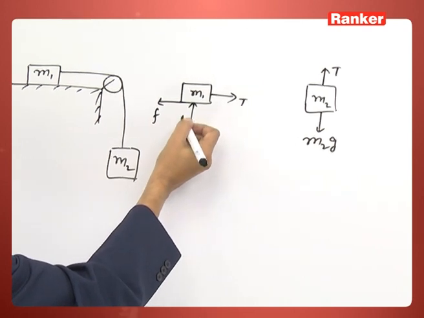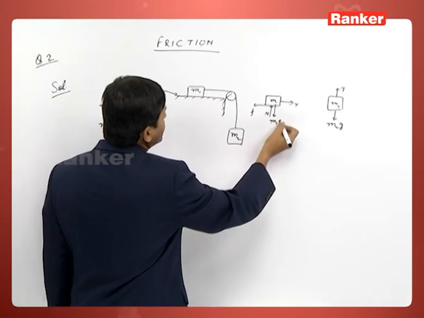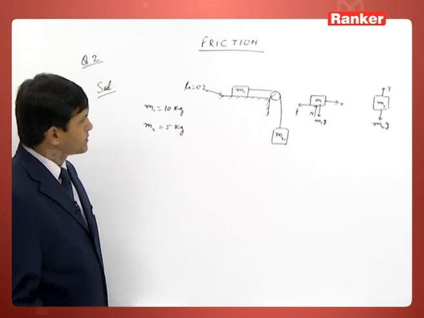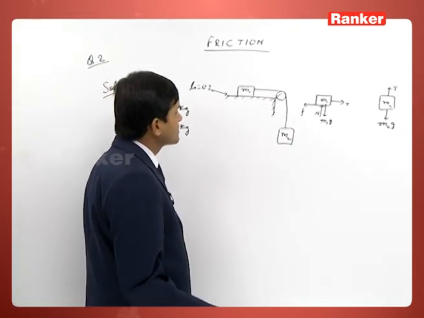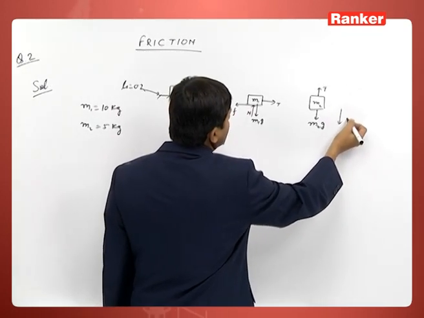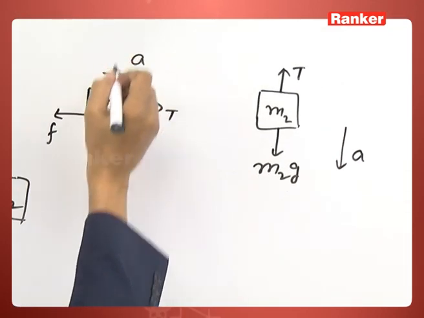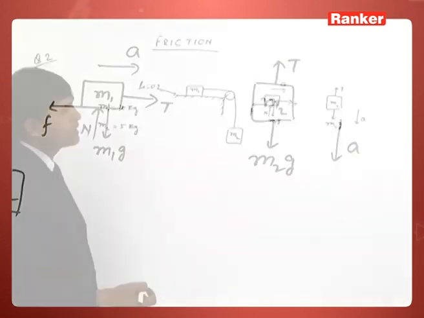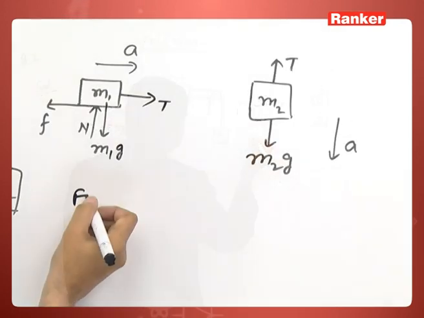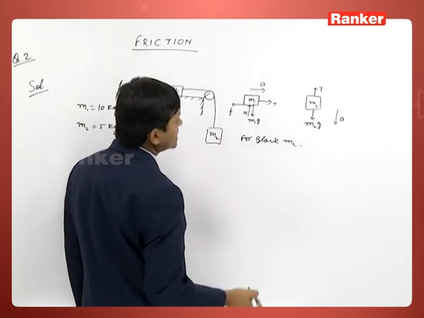Another force here is the reaction by the ground, and the fourth force is your m1g, its weight. So first thing here, if the block has a tendency of moving downward with acceleration a, then block m1 will move to the right side with the same acceleration a. So for block m2, if we are making the equation,